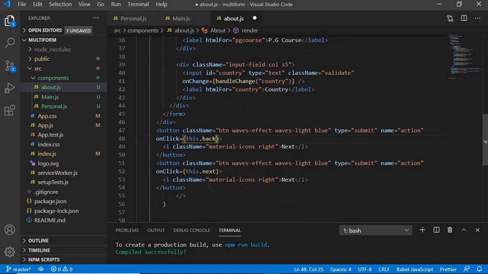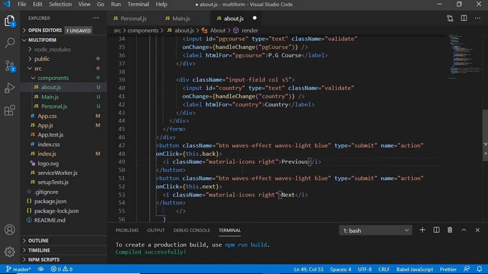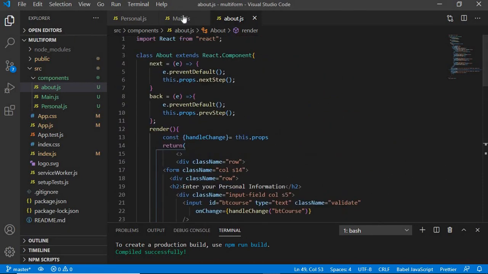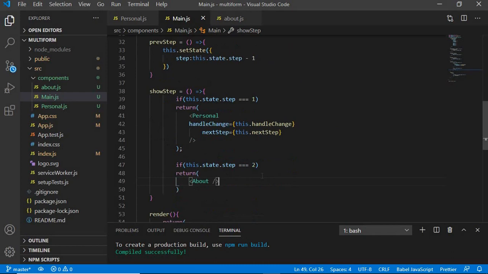Now this dot back and this dot next. Let's change this to previous, and action, back. Yeah, I think that's all done. This is perfect. Let's save this, and in our main.js, let's get the props, or else it won't work. So in our about, let us get the handle change prop. So this dot,